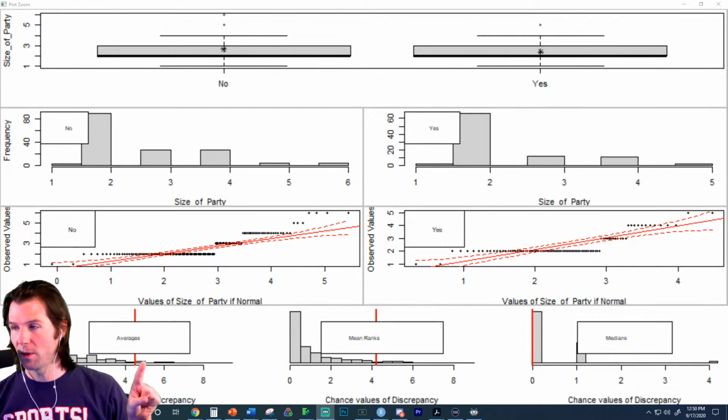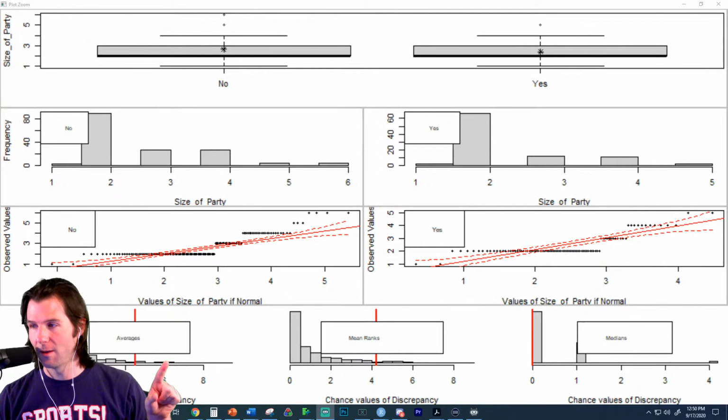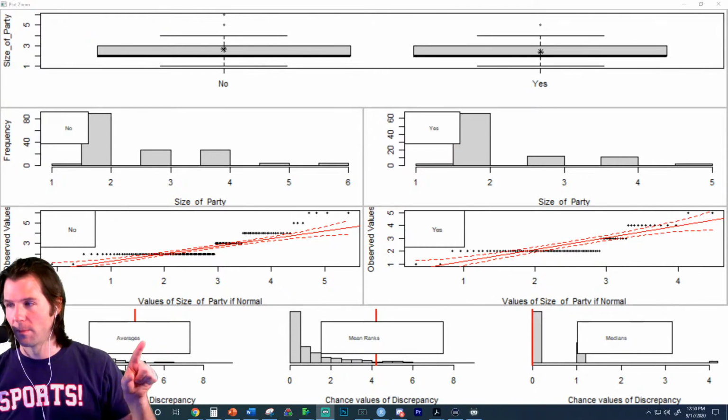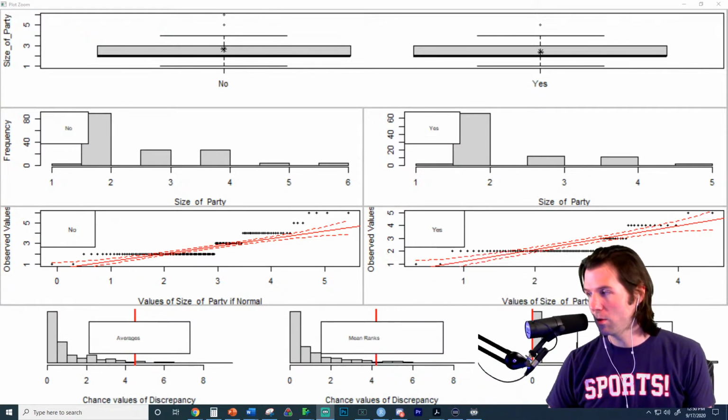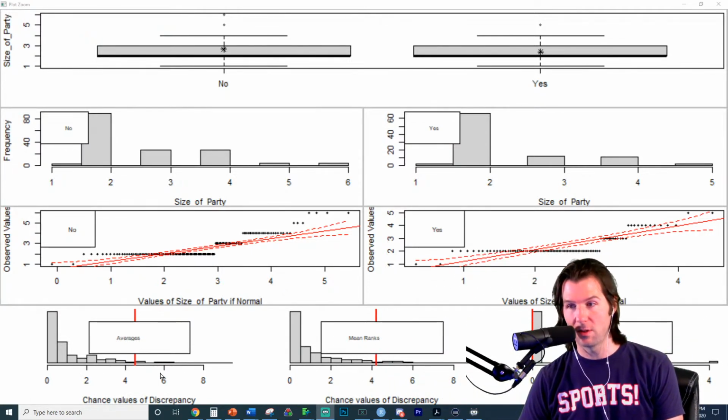Cullen, does the p-value look very large or very small, if I'm circling the p-value right now? So right there is the p-value, right where I'm circling with my finger. So does the p-value look very large or very small for this problem? Because this is the p-value for the averages.